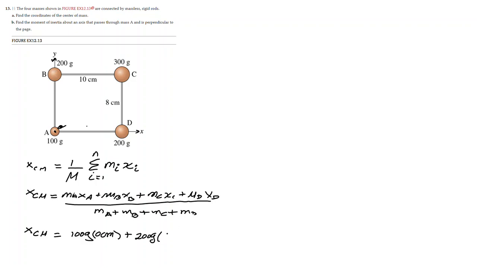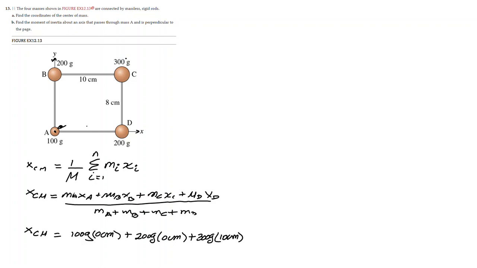So the x-coordinate of mass B will be 0 centimeters, plus mass C, which is 300 grams, times the distance along the x-axis, which is going to be 10 centimeters,